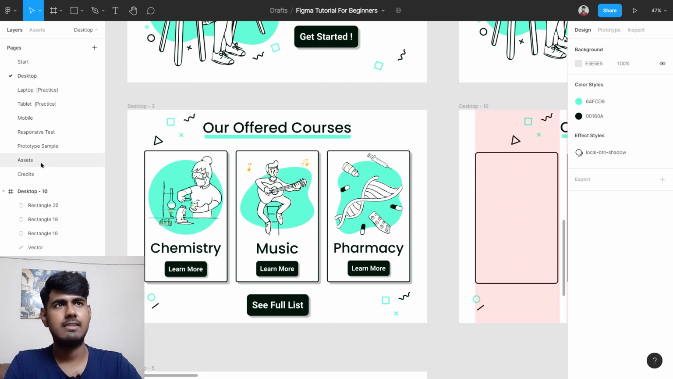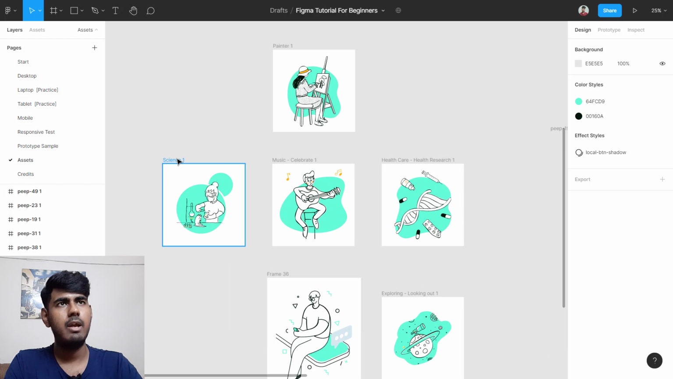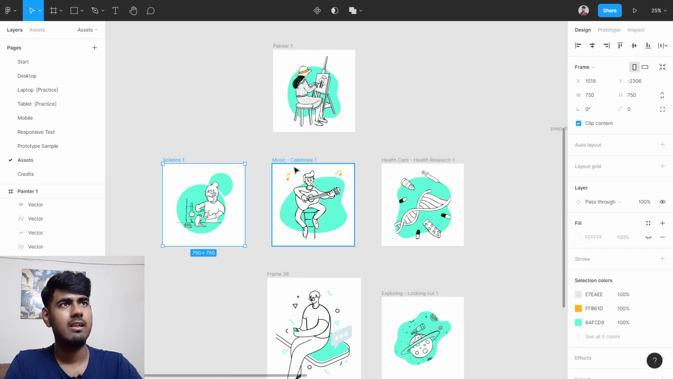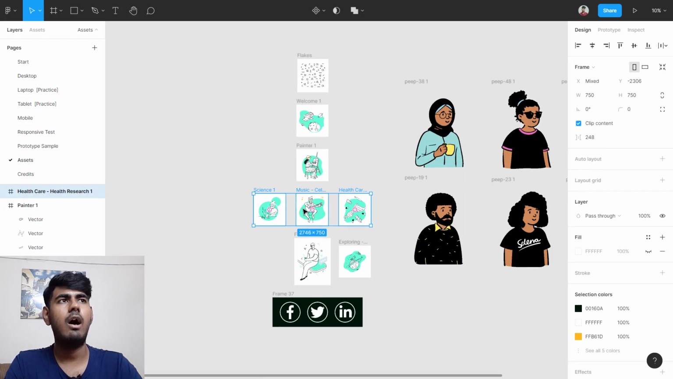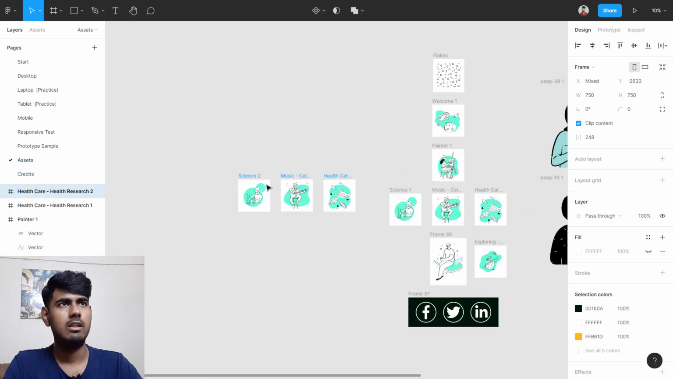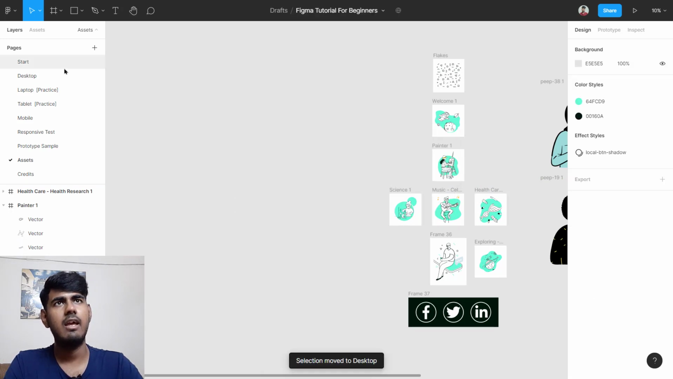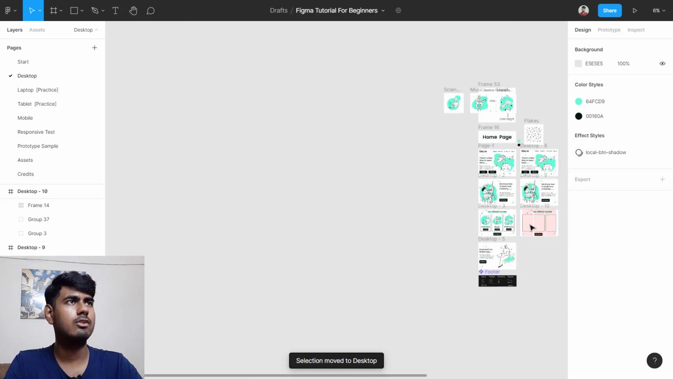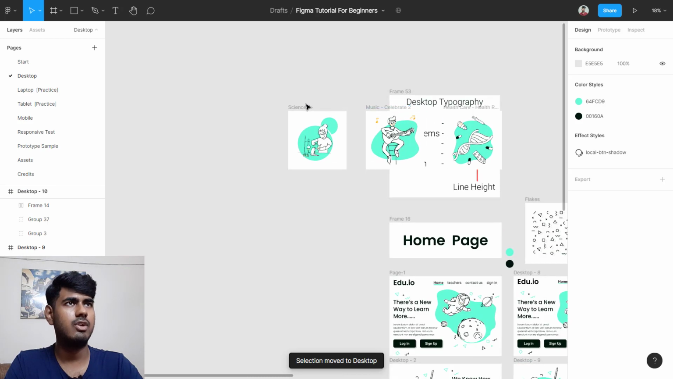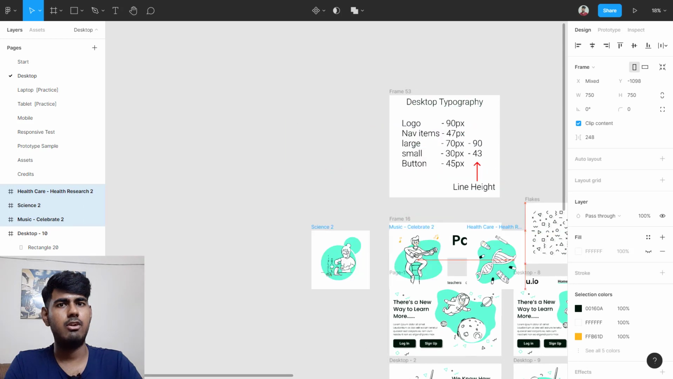Okay, come back to assets. You see these 3 images over here. Let's copy them, by selecting all of them together. Okay, shift, click on the name. Now Alt, copy like this, Alt, drag over here like this. Okay, now right click, move to page desktop like this. Okay, and go to desktop, zoom out and see where it is. Here are our images. Okay, click over here, click over here, click over here like this, bring it over here